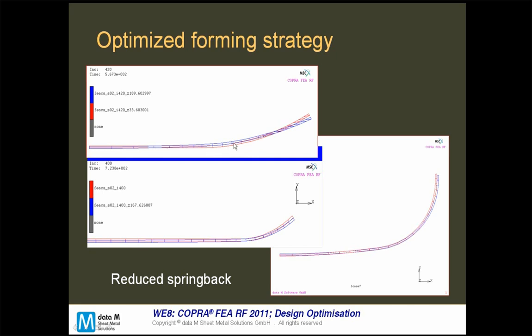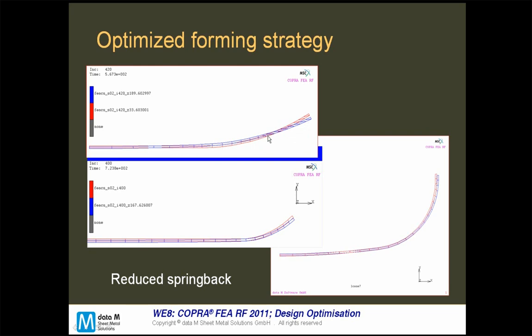We can see here the wished blue cross section in the station itself. No, excuse me, the other way. We can see the red one in the station, and blue one is after, where it springs up,